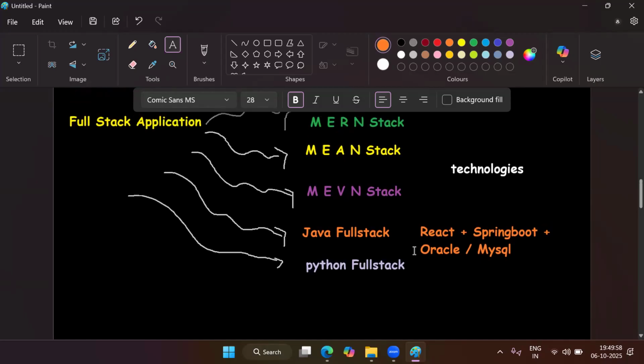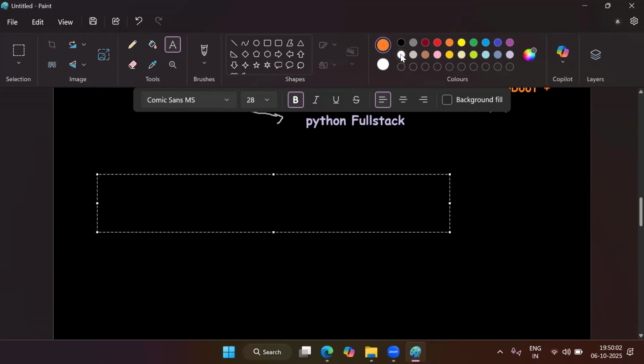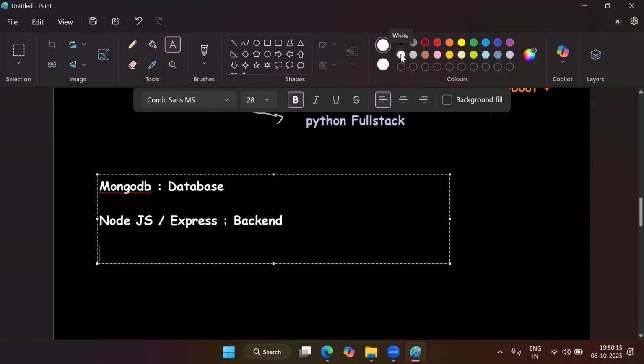So in our batch, we are going to use MERN stack, that is MongoDB for database, Node.js and Express.js for backend, and React.js plus Redux for frontend.